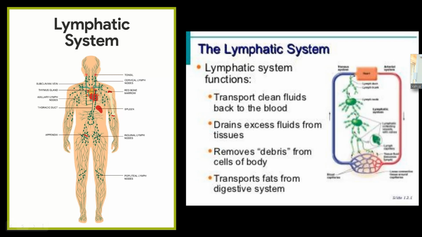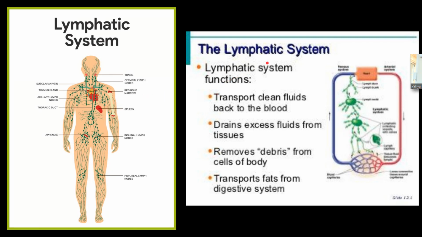So this picture over here on the left shows us the different parts of the lymphatic system. You can see that there are all these different kinds of lymphatic vessels in the green that occur all over the body. There are also these tiny little dots. See these tiny little dots all over the place? These tiny little dots are called the lymph nodes. Those are central locations where things are filtered and the bacteria and pathogens are removed.